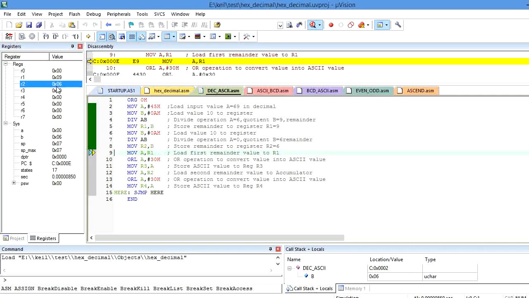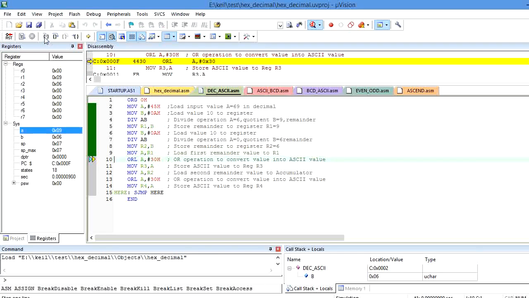Next I will copy the first remainder, which is stored in the R1 register, to the accumulator in order to convert the decimal into ASCII value, by using the instruction move A, R1. Here I am copying the first digit of the decimal to the accumulator. I will perform the logical OR operation with 30H. Whenever I perform the logical OR operation with 30H with the content of the accumulator, it will convert into ASCII value.